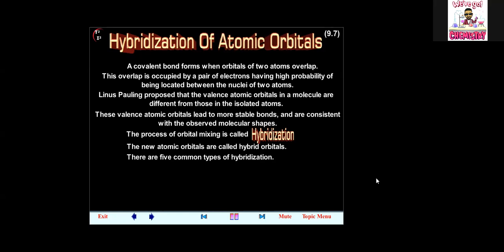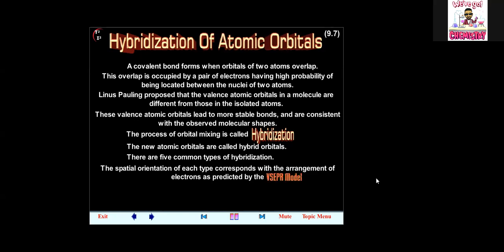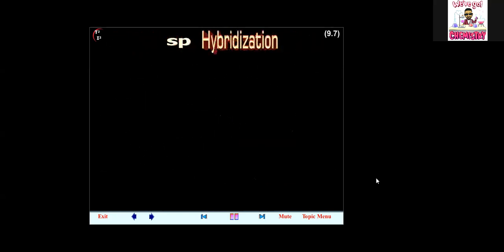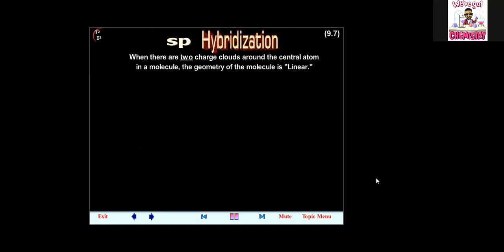There are 5 common types of hybridization. The spatial orientation of each type corresponds with the arrangement of electrons as predicted by the VSEPR model. SP hybridization. When there are 2 charge clouds around the central atom in a molecule, the geometry of the molecule is linear. For example, in beryllium dichloride, the orbital diagram for the valence electrons in the beryllium atom is: